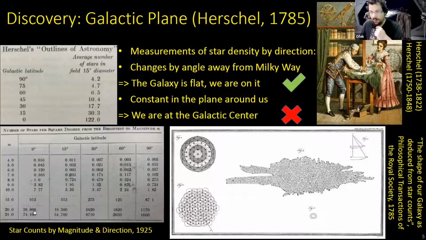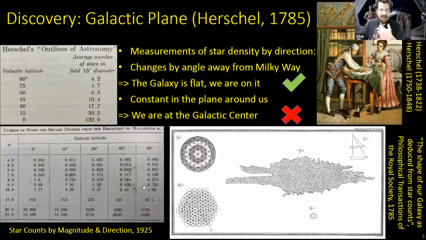Okay? So again, we have this geometric construction where there is no spherical symmetry. If there were spherical symmetry, you'd expect the number of stars, or the density of stars per area in the sky, to be the same at every angle to which you look. But we don't see that. We see a definite preference for the plane of the galaxy. That is, the same lane we see in the sky is the densest region in the sky in terms of stars per angular area. Fewer stars as you turn away from it.